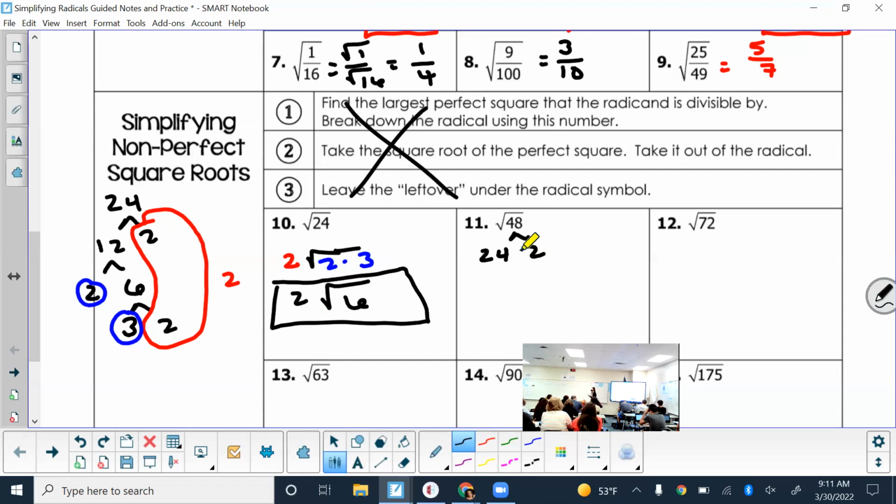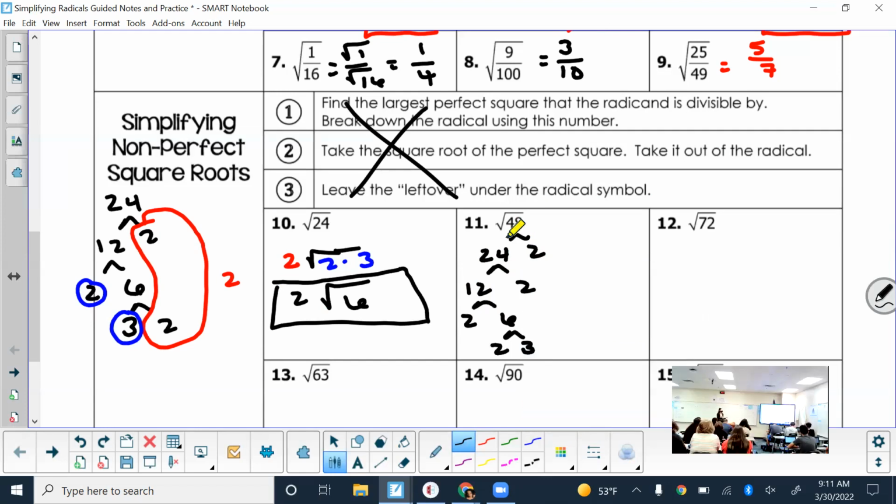For 24 and 2, we can definitely do. What 2 numbers multiply to 24? 12 and 2. And we already did the factor tree for 12, so we know 2 times 6. 6 breaks down, 2 times 3. Do I need to break down any other numbers? No. So now that we've done that, since we're doing square roots, we're looking for pairs of the same